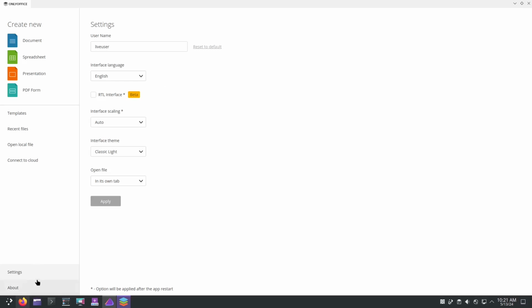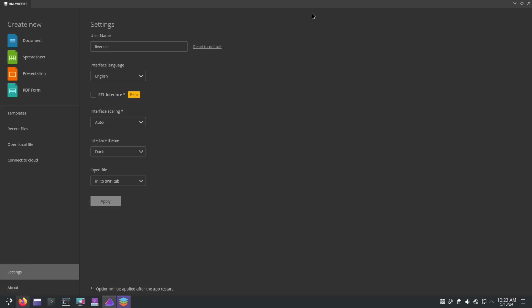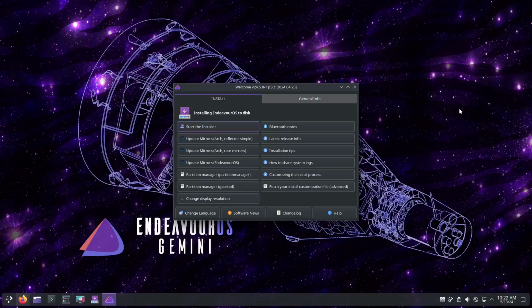Okay, so let's go to the settings right here. So we have our live user because this is still in live mode. You can change the language of your interface right here. Español, Français, or French. We have the Deutsch for the Germans and all those. You can also change your interface theme right here. For example, I like the dark, and then click apply. So that is how to install an application in the friendly Arch base